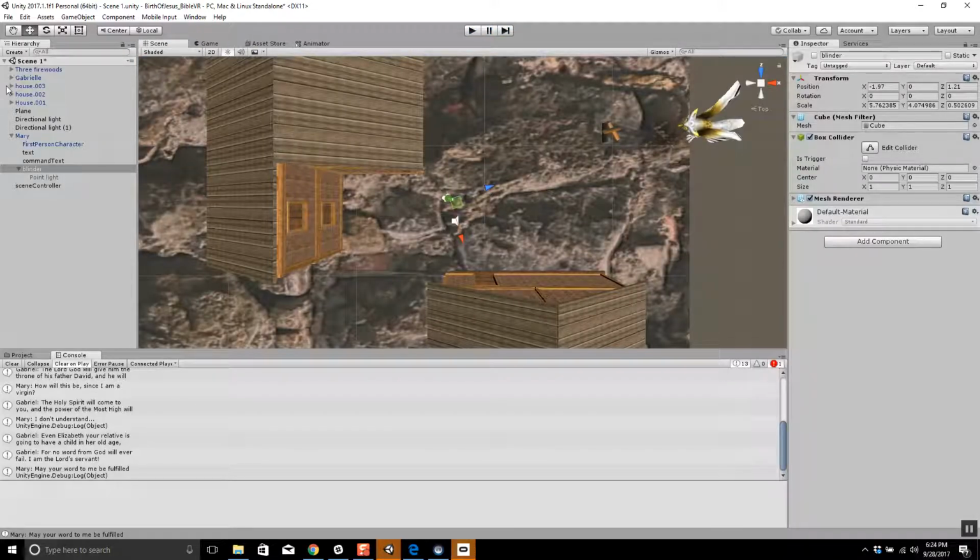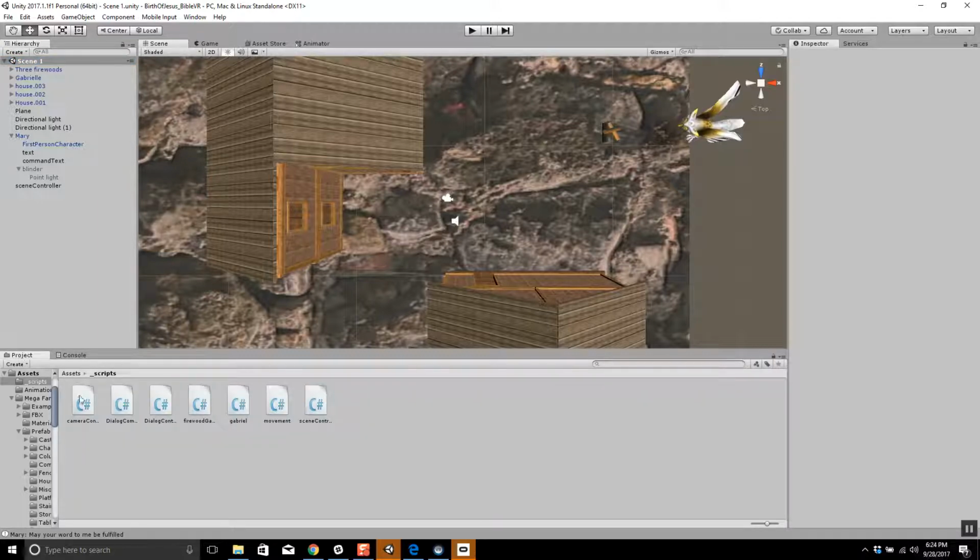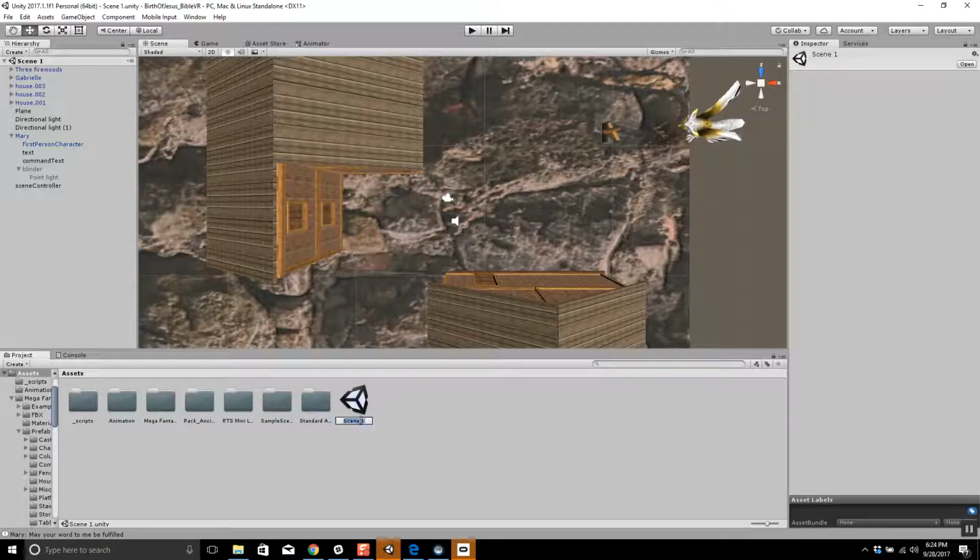Okay, so this first scene we've called scene 1, right? That's what we've actually named it. To go to the project, I'm going to go to assets. I'm going to rename scene 1 to be